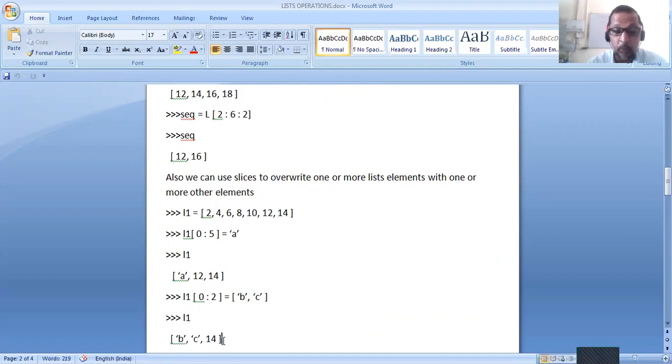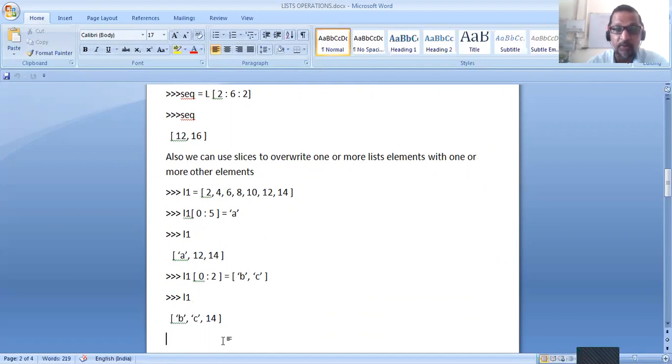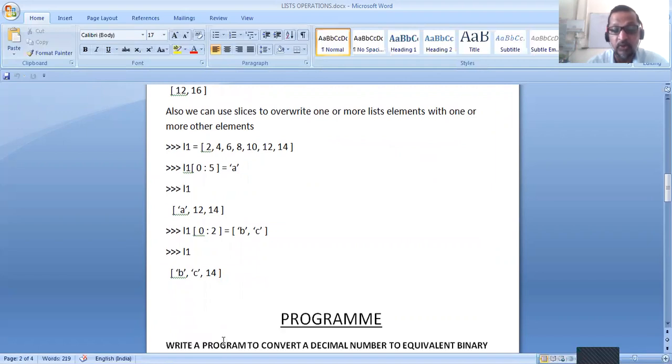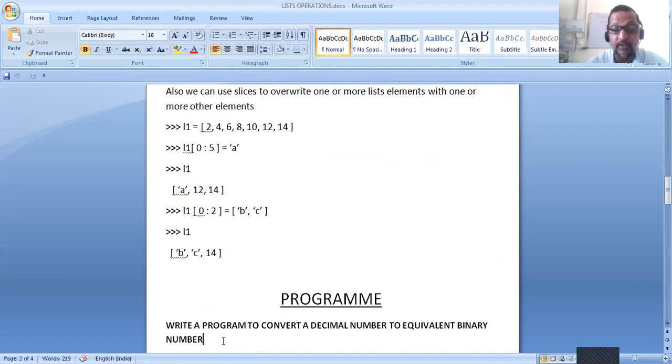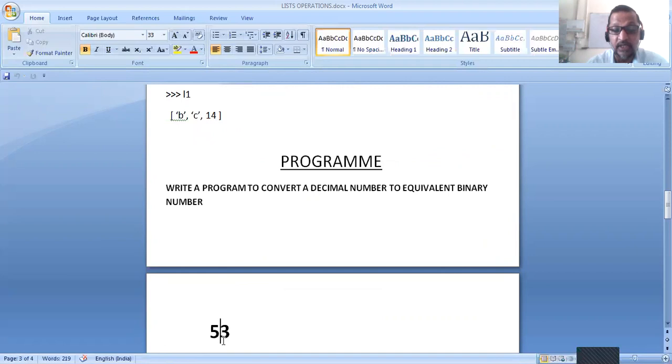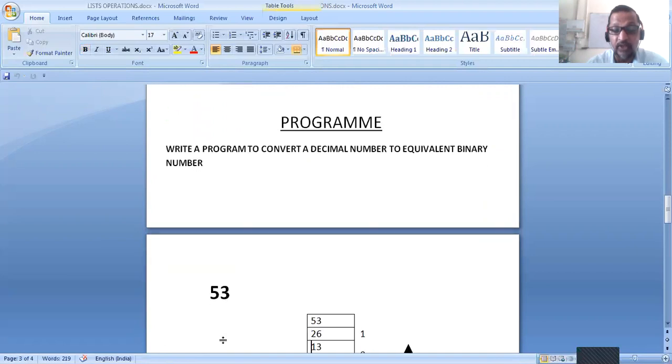Okay. Let us do one program. Earlier I gave you a program on how to convert a decimal number into a binary number. I hope you have tried. Let us see the logic, how we apply logic and the code. Program to convert a decimal number to the equivalent binary number. Suppose there is a number 53, then how do we convert it?